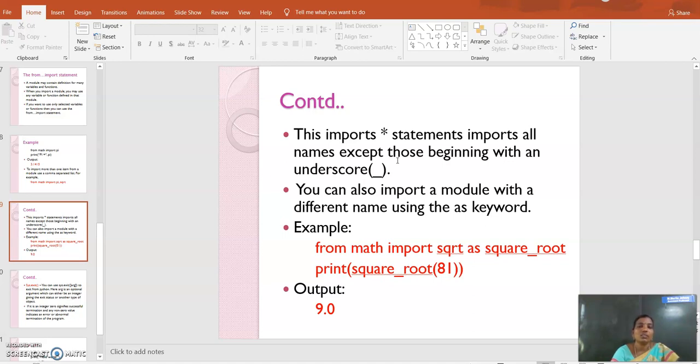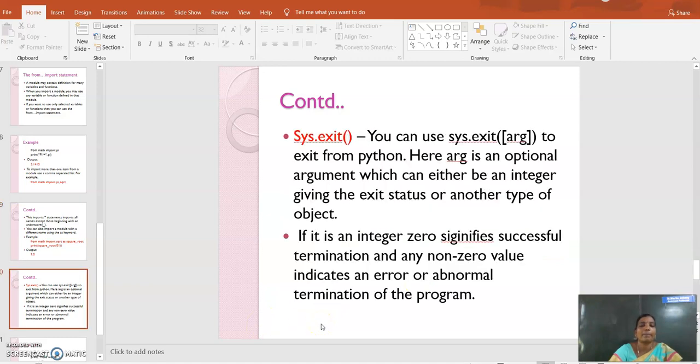Here is an example: from math import sqrt as square_root, so sqrt will be renamed into square_root. So print square_root of 81. Here the output is 9.